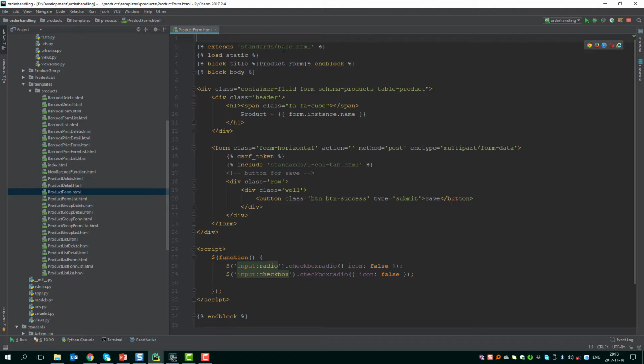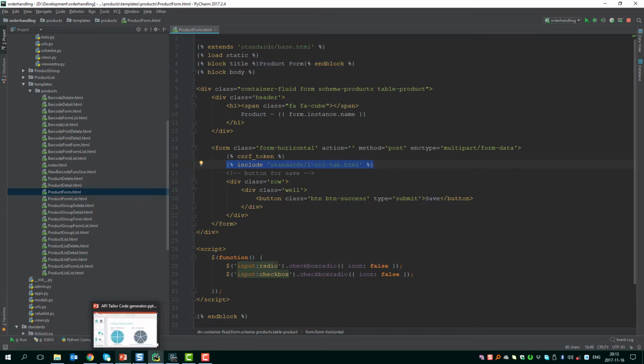We extend again from base HTML. We have a header. We have the form itself. And the form itself includes a standard, in this case, one called tab, which means that the form is rendered out into tabs. If you remember from the application generator interface,